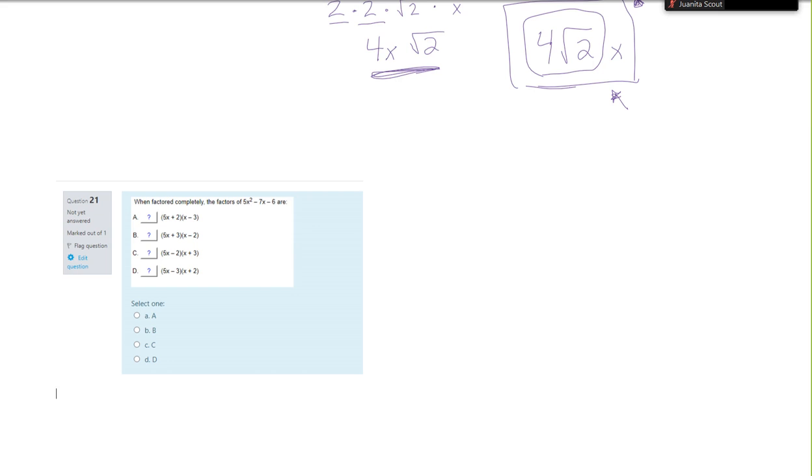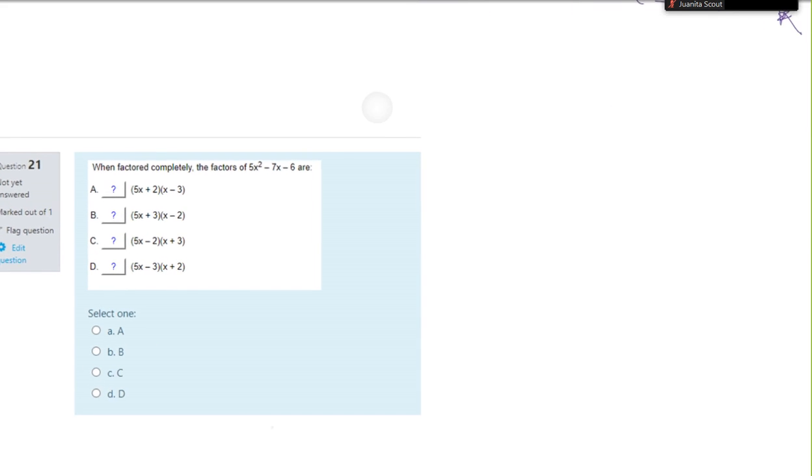Say you forgot how to factor something like that. What you could do is take each of these choices and actually work it out. Like you could do the 5x squared minus 15x plus 2x minus 6. This ends up being 5x squared minus 13x minus 6. That's not right. Okay, so we know that one's not right. So you could do it that way, or if you remember how to do the factoring,